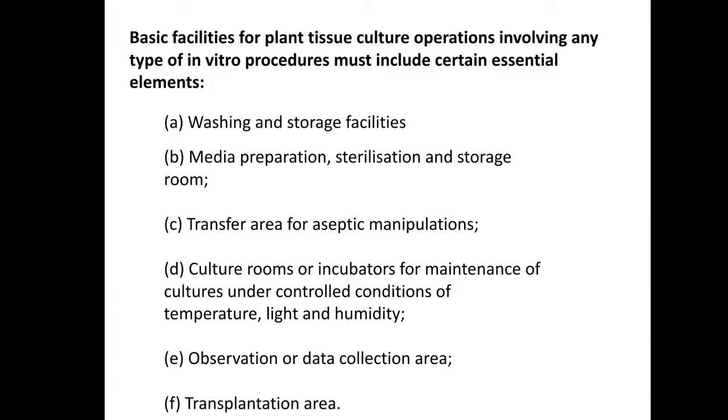Last one, that is transplantation area. So the plants regenerated from the in vitro tissue culture are transplanted to the soil in pots, and the potted plants are ultimately transferred to the greenhouses. And the tissue culture grown plants are kept under well humid conditions and controlled temperature, and under the controlled entry of the sunlight they are grown outside the laboratories later. These are a few of the basic facilities of the plant tissue culture.